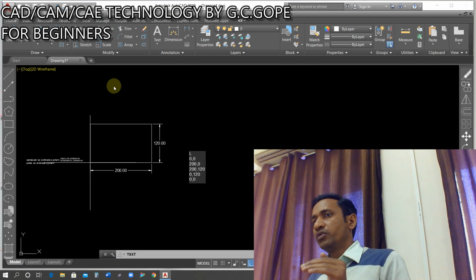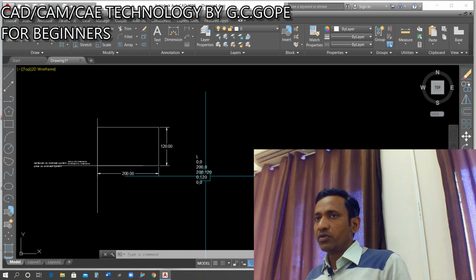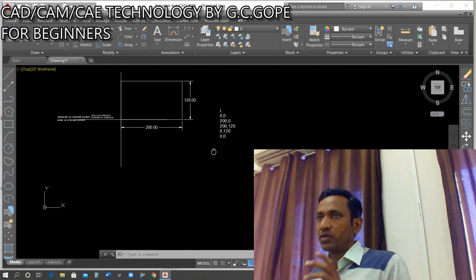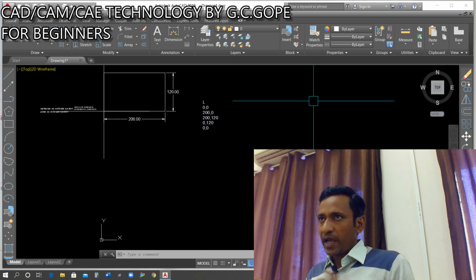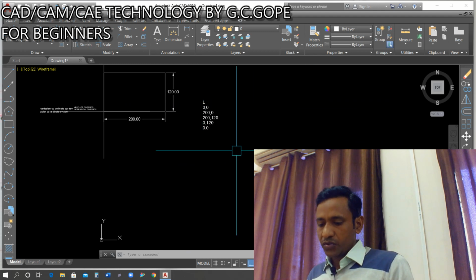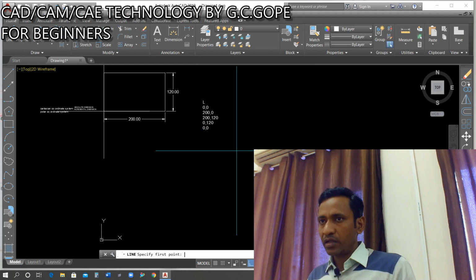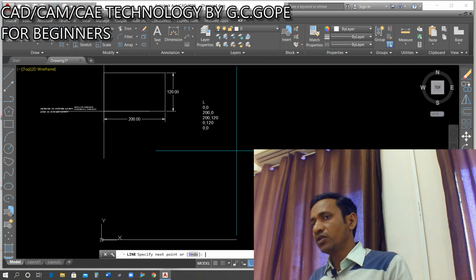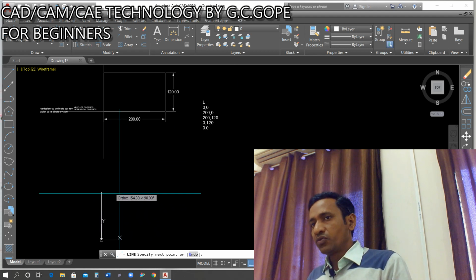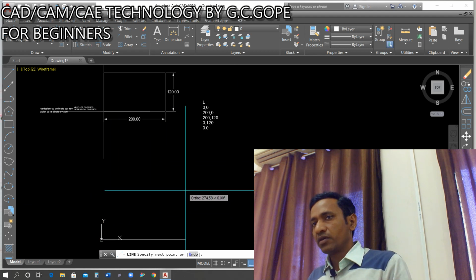Now we will do the same thing, and we see whether the dimensions we had taken are good or bad. Okay, so let's try. According to these coordinates we will take. So what we have to do, press L enter. Yes, 0 comma 0. You see that as we press 0 comma 0, this line is going to start to draw from its origin. We did not move the cursor. I am just moving the cursor to show, but we have started from L enter and 0 comma 0 as I pressed, so it is starting from its origin.